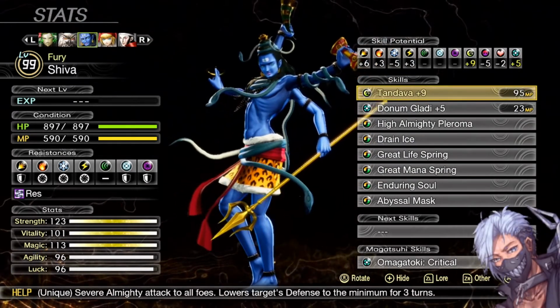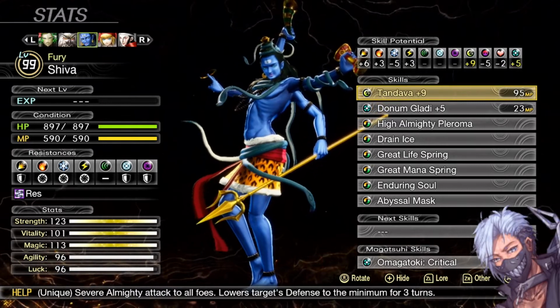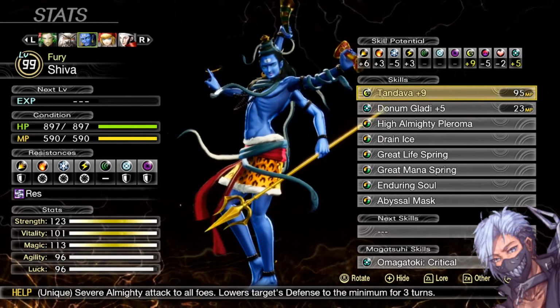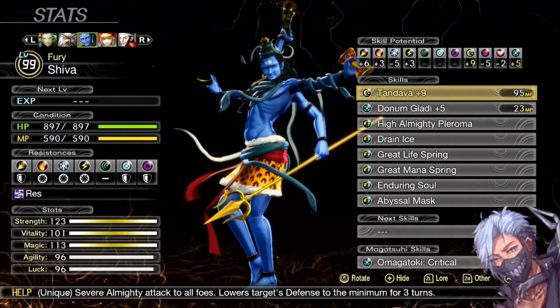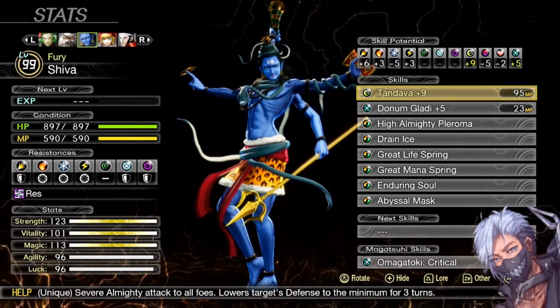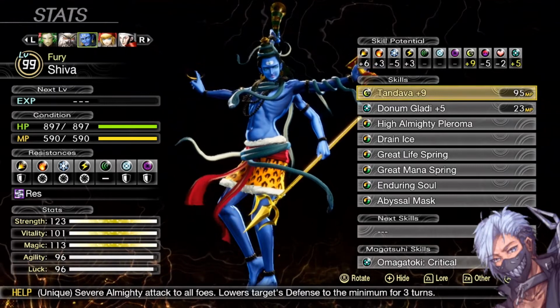Next monster. Shiva. Shiva is the second hardest fight in the game, so you might not get this until later, but Shiva is a god. Do not underestimate this demon. He is amazing. He should definitely be in your main party. So he's pretty much my replacement when I'm not using Metatron. So his unique skill is a severe almighty attack on all foes, and it lowers the target's defense to the